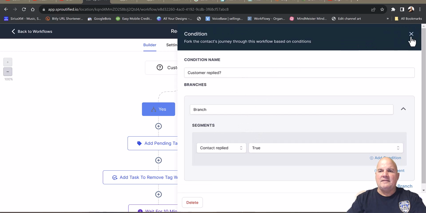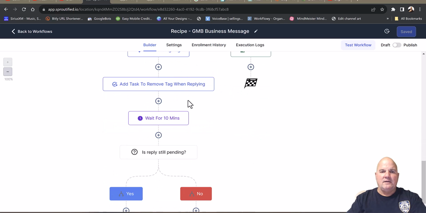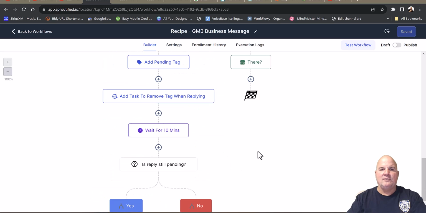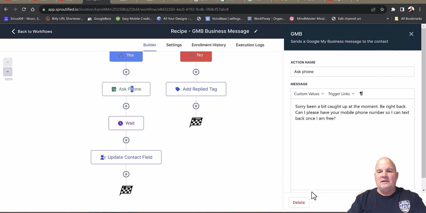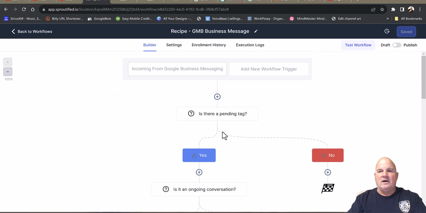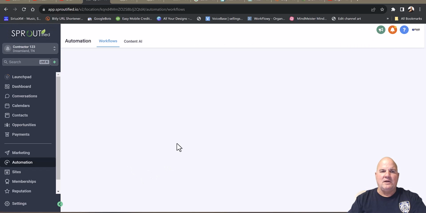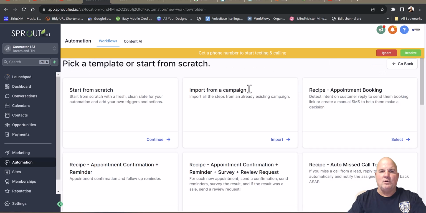And then at that point, it can get all the way down here, messaging, set up appointment, and then even ask for a phone number. And it goes as far as, on the other one I'll show you, sending them a review request after they become a client. So let's just go back to another workflow here and just show you. So if we go in, create a workflow,